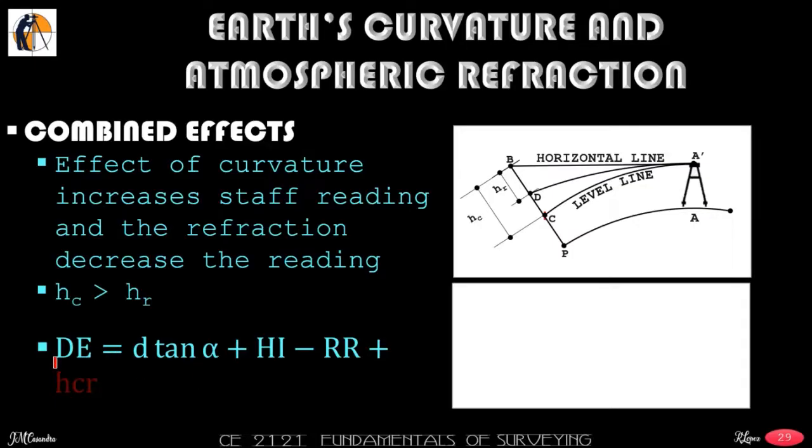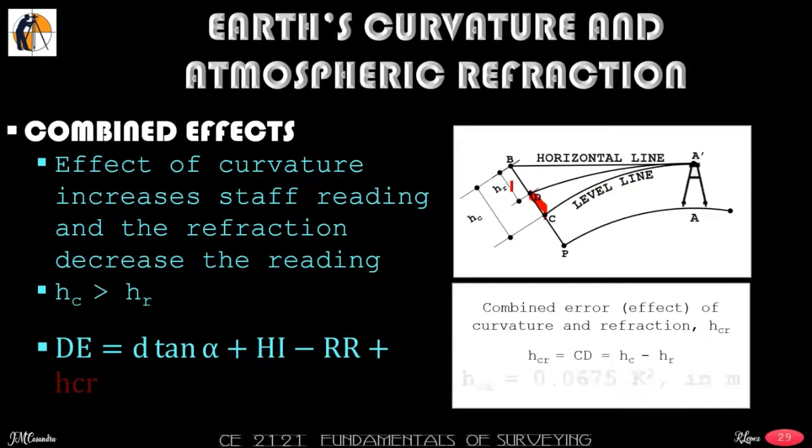Our computation for the difference in elevation will vary if it will be a depression angle. So we'll have an example later. So the combined error effect of curvature and refraction, HCR, is now equal to CD. So this is our HCR, which is equal now to HC minus HR, which will give us now the value of